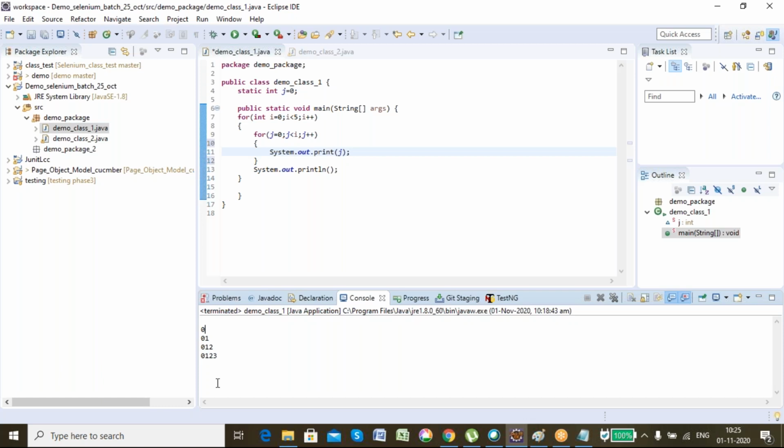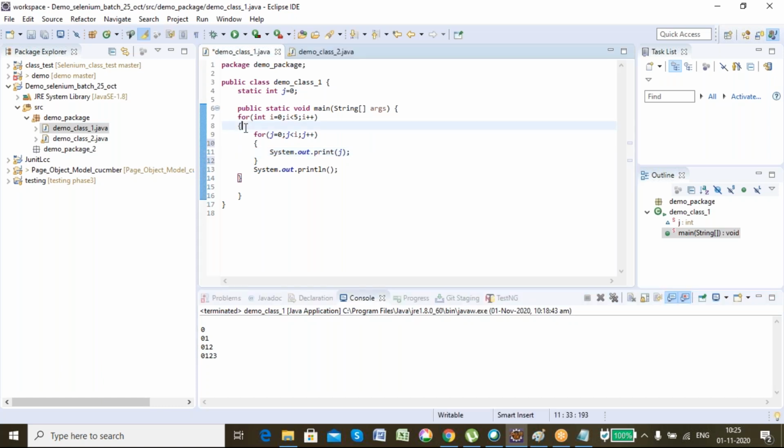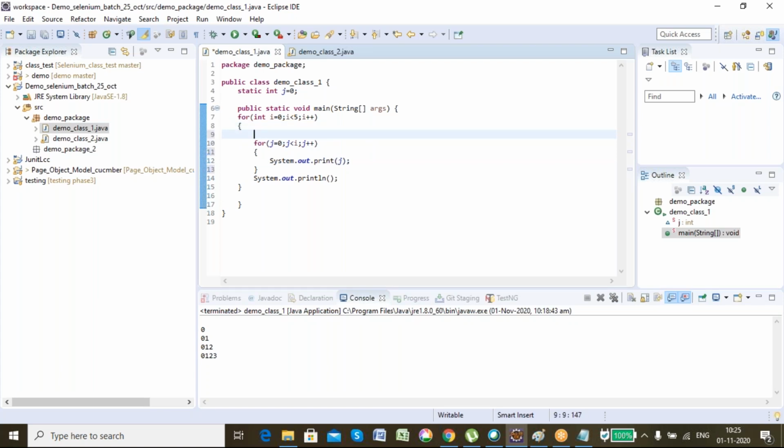We definitely need two loops to print this side. But do we have to add another loop also to print the remaining part, that's the left side? I'm asking you how to do it. Okay. Here we printed with I less than 5. In the second for loop we have compared j less than I or not. So in the first for loop also we can compare I less than j or not. Can that be done? Let's see how it can be done.